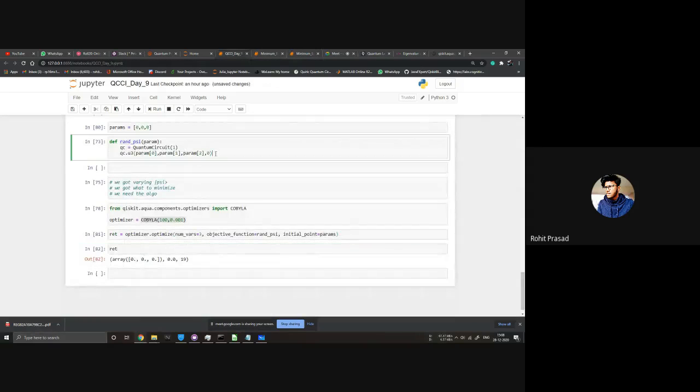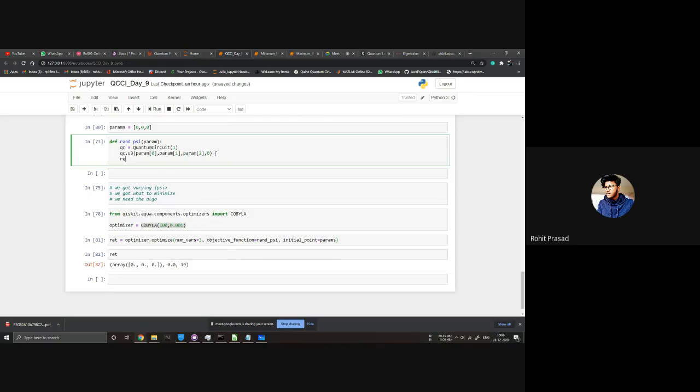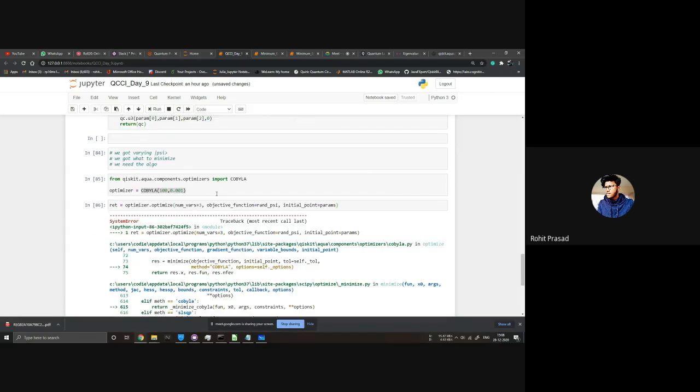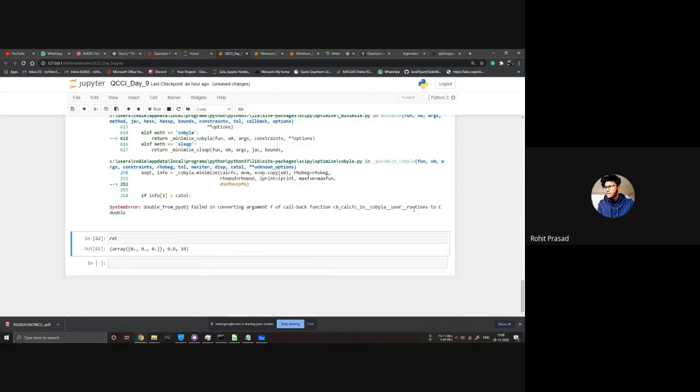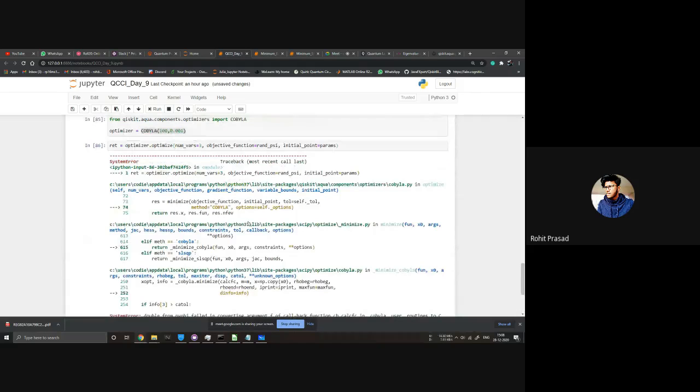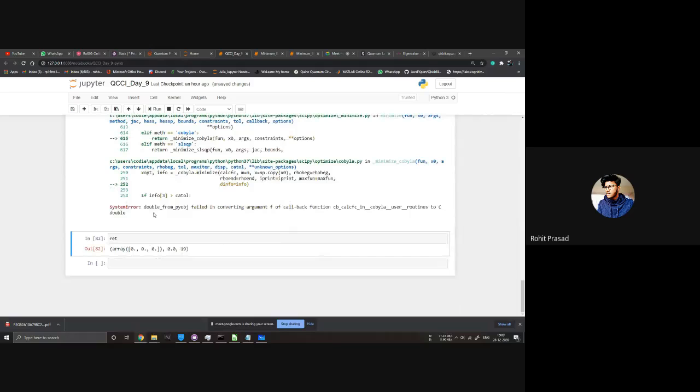I have to return that. It's not returning the result. It should throw some error. Let's see. It says it fails to convert the argument into a call function.